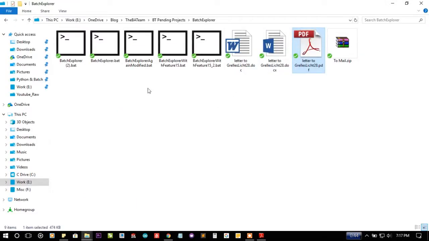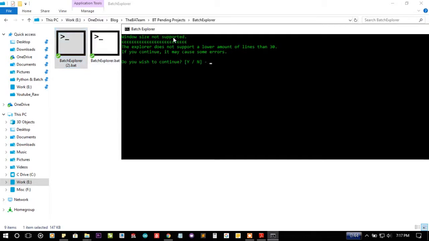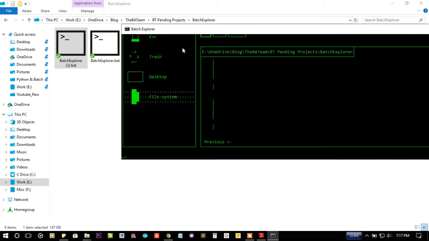Let me minimize that, and let me launch the batch explorer. You can see it is showing that the window size is not supported. Yes, I want to continue. Okay,